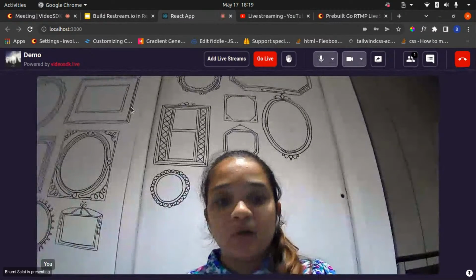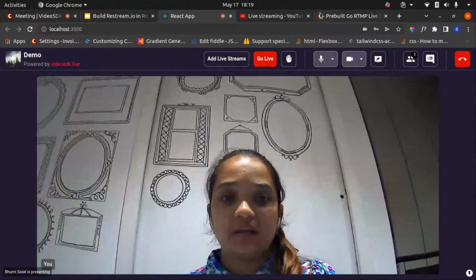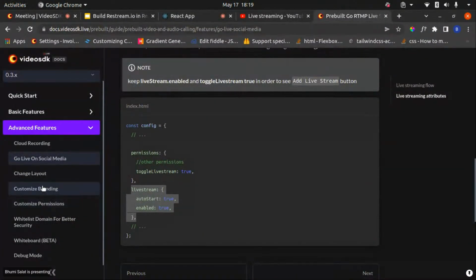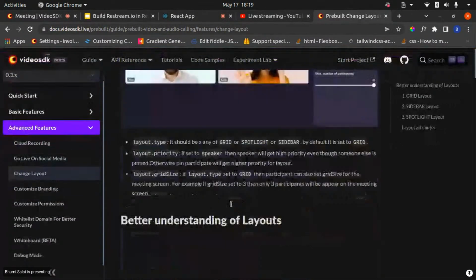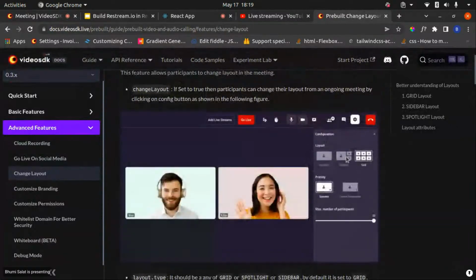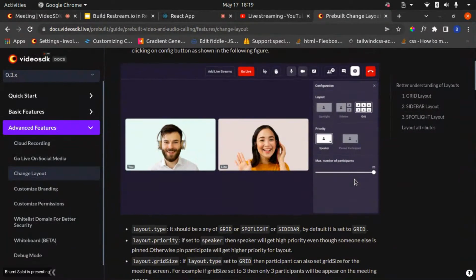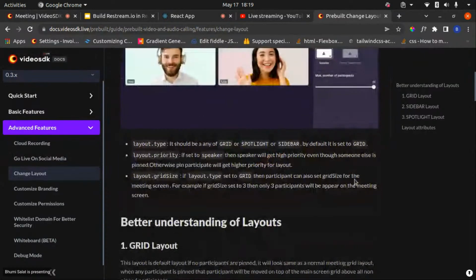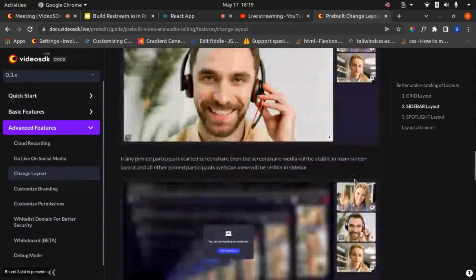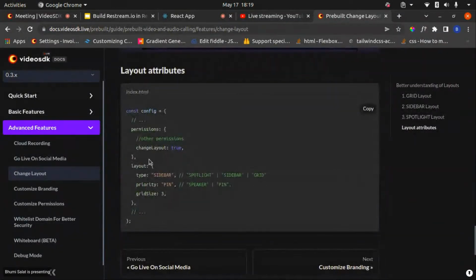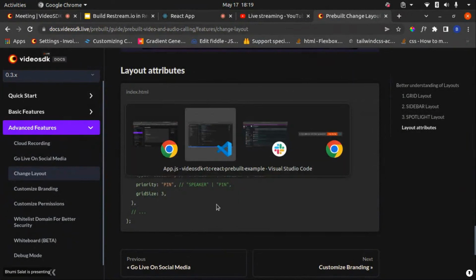Okay. For changing the meeting layout, you have to give permission like that. So here you can configure your layout, how you want spotlight, sidebar, or grid for this event, and what is the priority of your live streaming event. For this, you need to give this permission, change layout true,